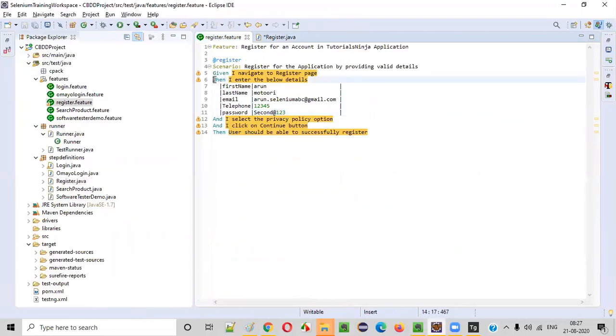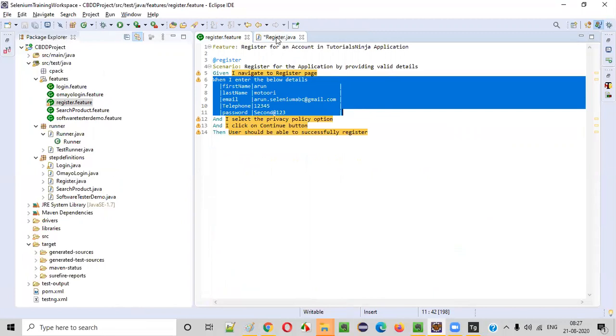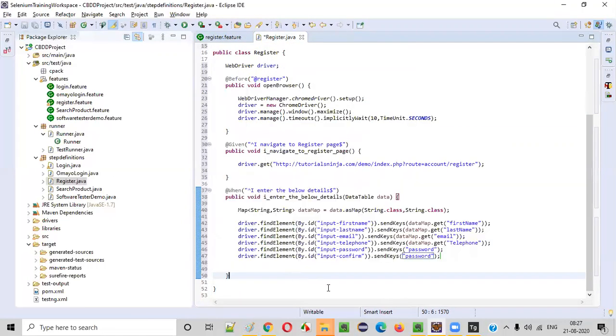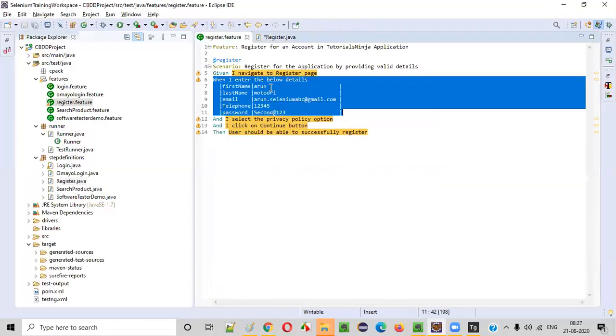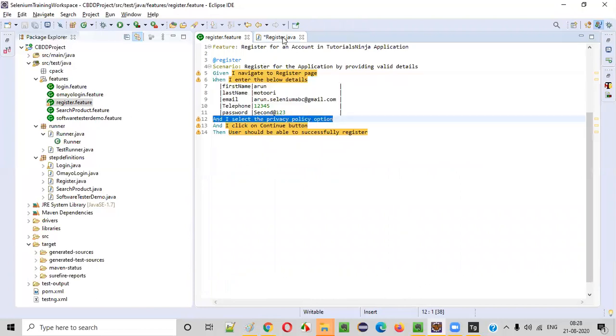So this is how we have to get this data and enter it into the respective fields. You have to write the step definition like this. This is very important, guys. Data tables are very important. So when you have a lengthy form, go with the data tables. Simple. Now the next steps will simply auto generate and get done. It will be very fast.